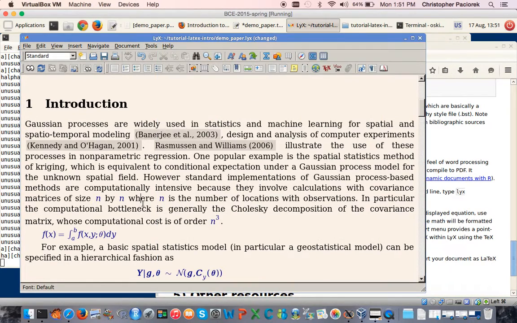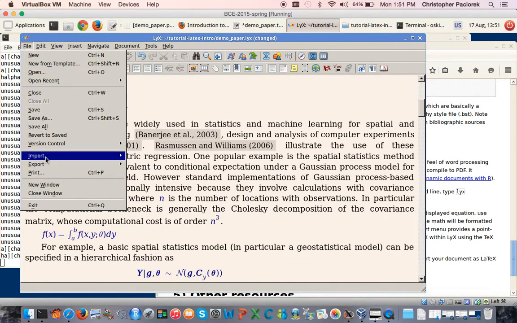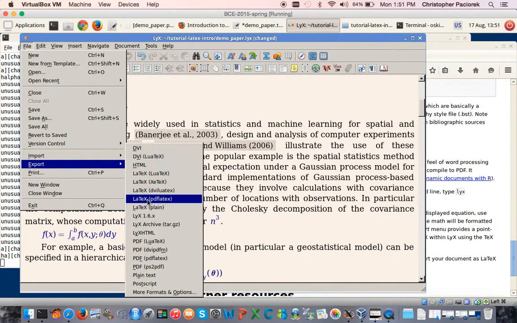I guess the main other thing to mention here is that if I want to export this as either an actual LaTeX file or directly as a PDF, I can go to File and then Export, and I generally choose PDF and then using PDF LaTeX, so that's how I would generally create a PDF. Or if I wanted to output this LyX file as a LaTeX file, I would generally choose LaTeX with the PDF LaTeX option here. And so that would allow me to create a demopaper.tex from the demopaper.lyx file. I'm not going to do that here because I already have a demopaper.tex that was actually created simply by writing the text file.